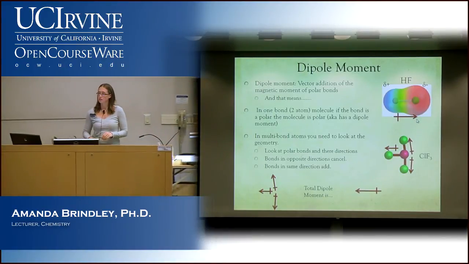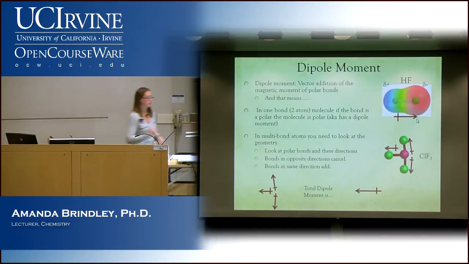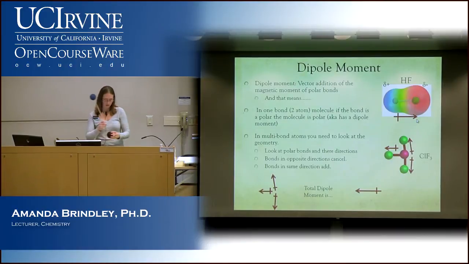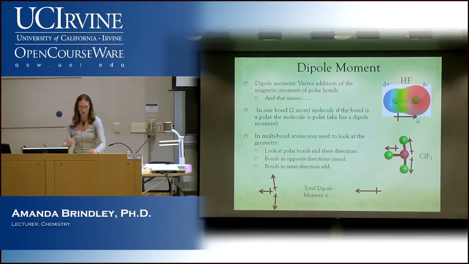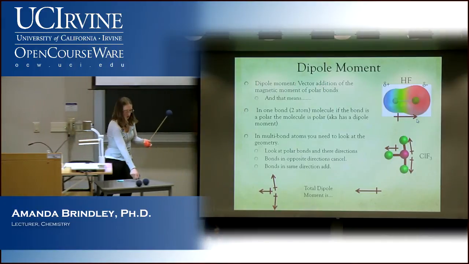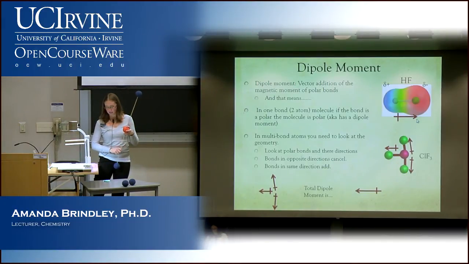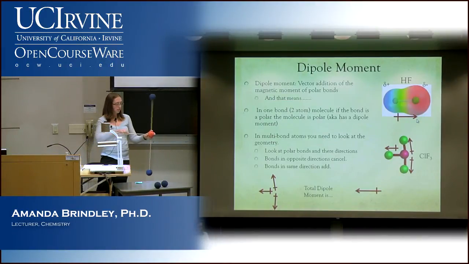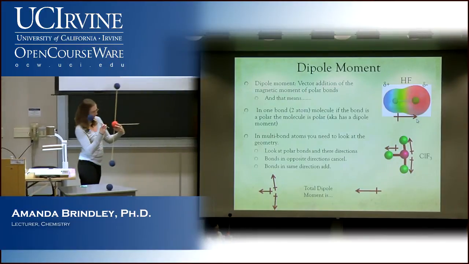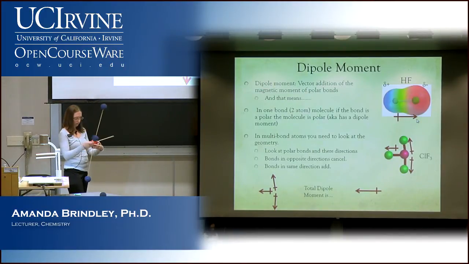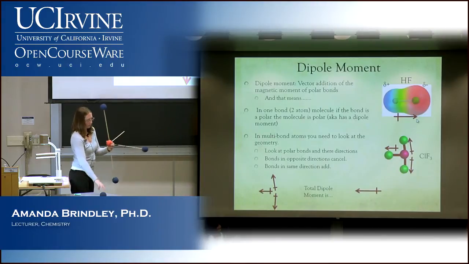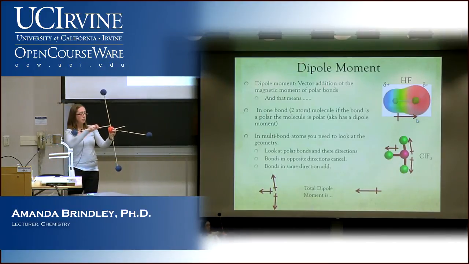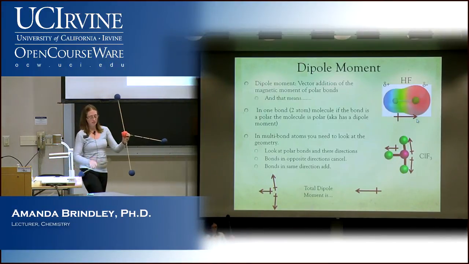Oh, good question. Let's go through that a minute. So what shape is this? The best way to start when you're talking about these is to start thinking about the electron geometry and then move to the molecular geometry. Keeps you from making mistakes. So our electron geometry would have been like this, but two of those would have been replaced by lone pairs.